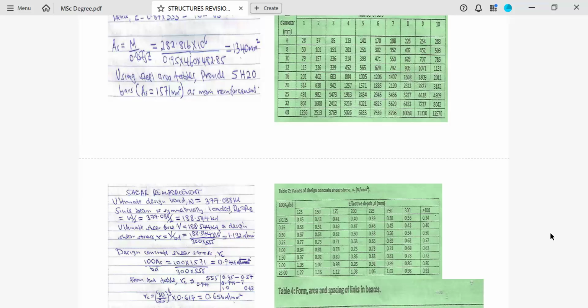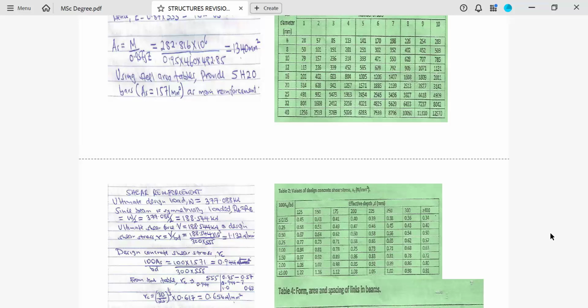When we talk about column 1, our value of 100 AS over BD is 0.944, right? And then for column 2, our effective depth is 555 millimeter. Now looking at it, the effective depth value starts from 125 up to greater than 400. Now, our value